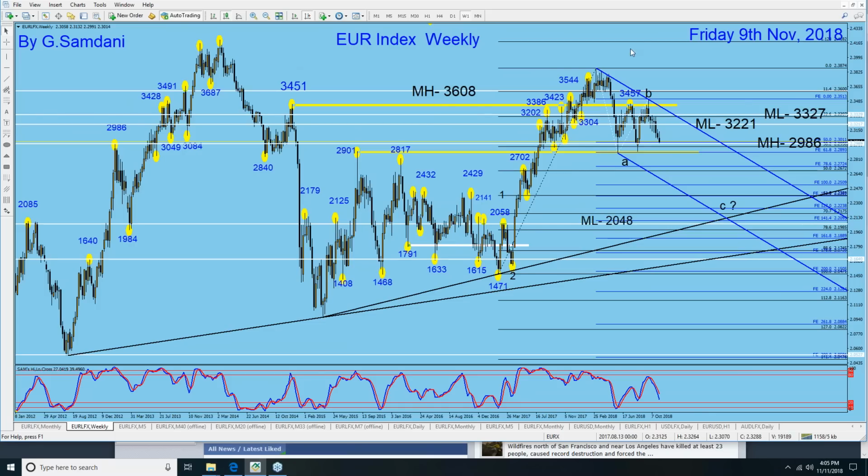Now, why is that happening? Because of this euro index chart. This is my old chart, I just redid it a little bit. The old chart also had a C pointed out here. After this big move to the upside, this was like A, and then A, B, C, B correction, and now we are coming down strongly for wave C. And if we continue coming down in this fashion, euro is gonna get weaker, and USD